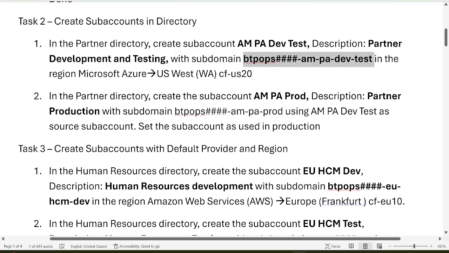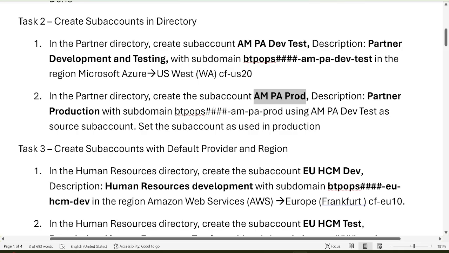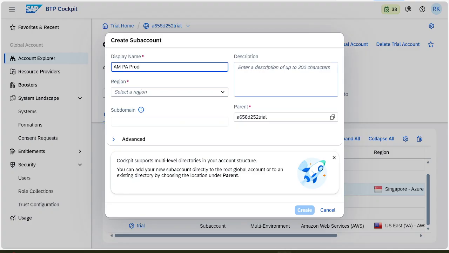Now enter the name: AMPA production. Okay, read it carefully. AMPA production, and description: partner production. While copying and pasting also, be careful, don't leave a space over there, otherwise the AI agent can detect it as a wrong description.